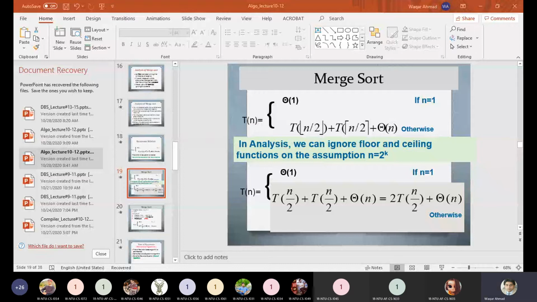Okay, the array which you have seen in the example, you can recall the array which we have covered in the example of merge sort, it has a size of 8, and we do not have the issue of odd size of the array throughout the base situation of the algorithm.